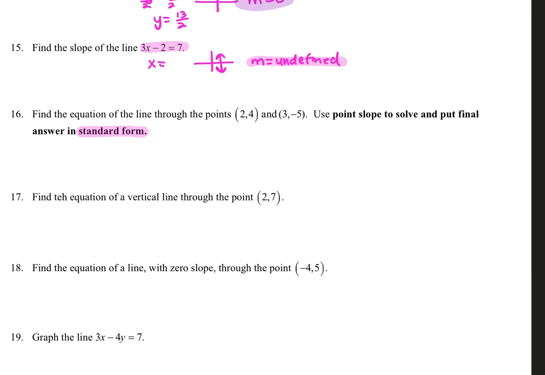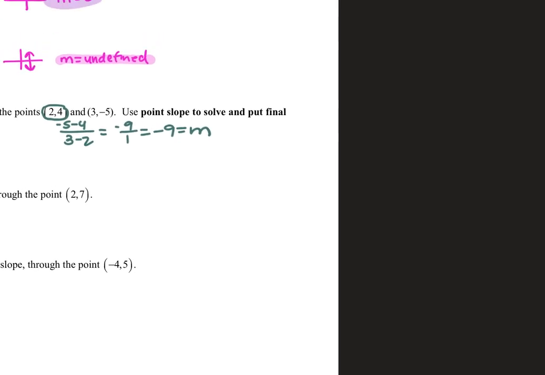So I'm going to start by finding the slope because I need slope and a point, which you have 2 points, but you need the slope. So negative 5 minus 4 over 3 minus 2 gives us negative 9 over 1, or negative 9 for my slope. And then if I plug it into point slope, you can pick either one. I'm going to pick the first one because they're both positive. And I get y